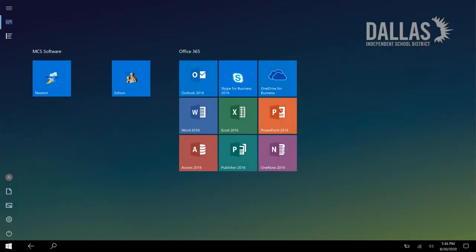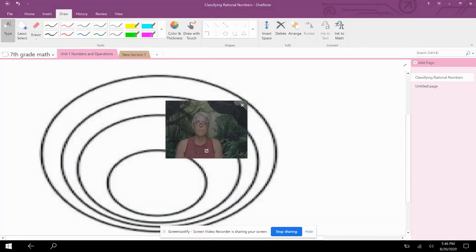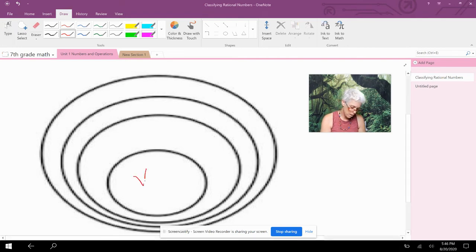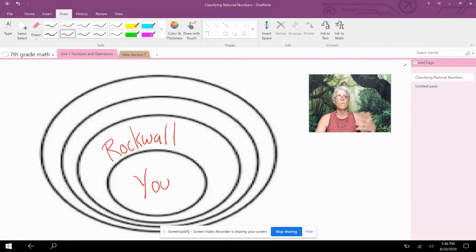Now, I'm going to put you in an example so you can understand really well how these Venn diagrams work. In the middle, I'm going to put you. There you are in the middle of this circle. And you live in Rockwall County. Some of you don't live in Rockwall, but all of us should be in Rockwall County because you go to Rockwall schools. So you are part of Rockwall, but not all of Rockwall is you. Everything inside of this circle is included in the circle. What do you think the next circle out is going to be? Everyone in Rockwall is a part of